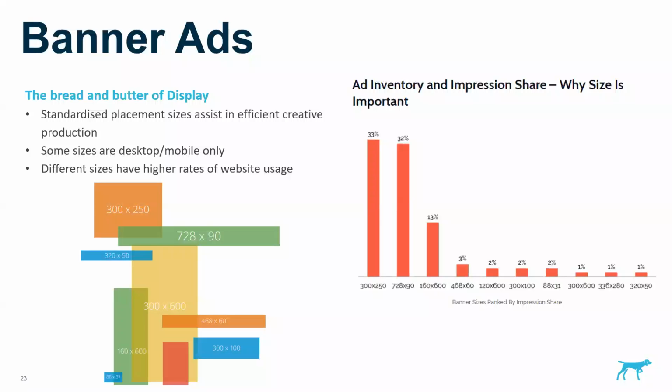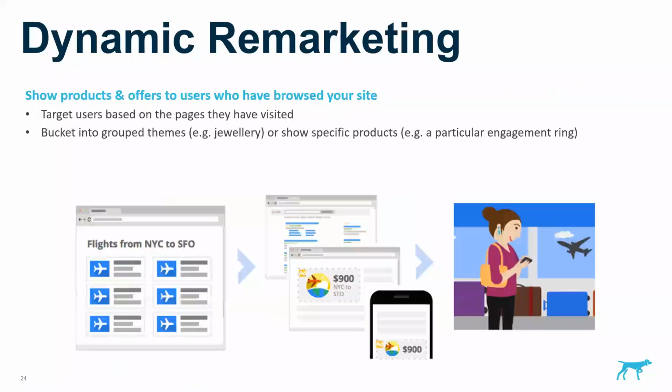On top of that, we've got dynamic remarketing. So I think, if you've ever browsed Kogan, you've probably seen quite a lot of this. They're big fans of it. This is when you go to a website and you've looked at a specific page or a specific product. Then you've gone off somewhere completely different, and a big ad's popped up saying, hey, remember that lawnmower you were looking at? We noticed you didn't buy it, would you like to have a look at it again.